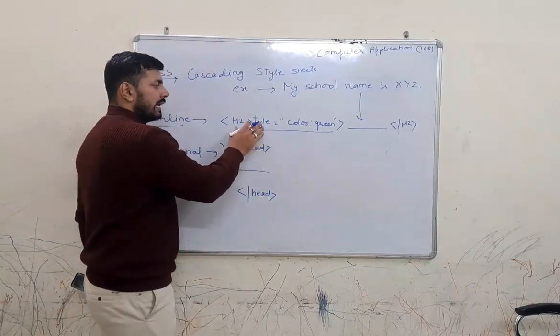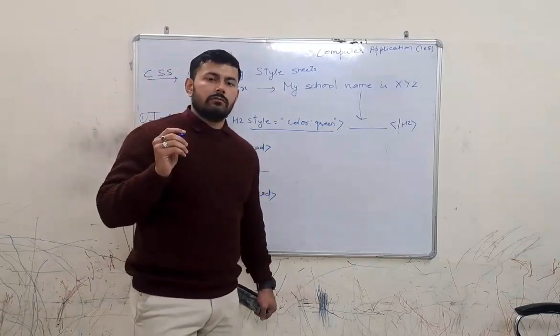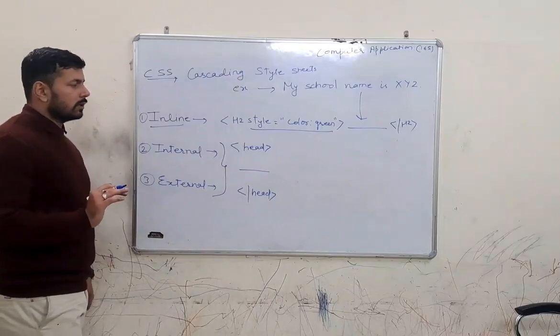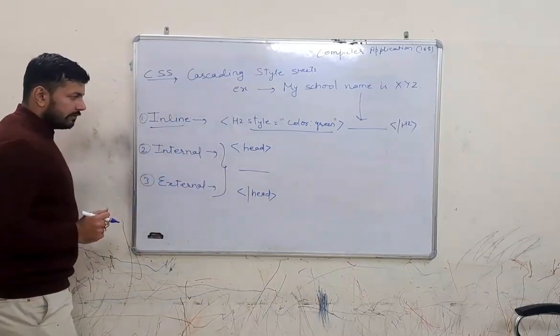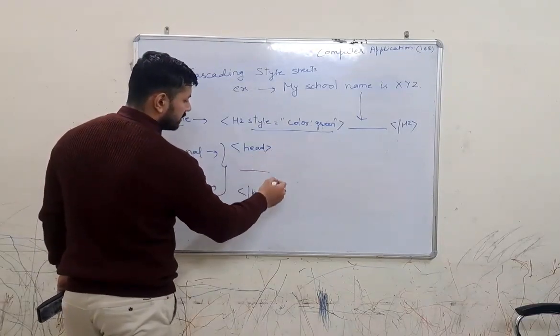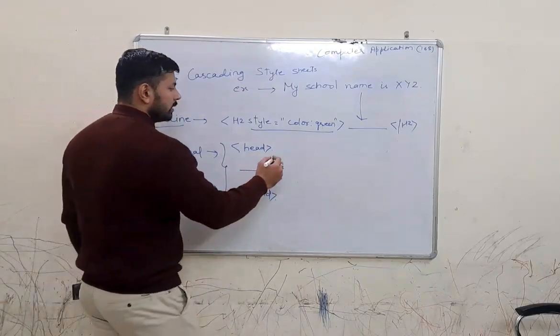We have to write the style attribute in that tag in which you want to apply. But for internal and external, we have to mention the style sheet inside the starting of the head tag and the ending of the head tag. For internal,